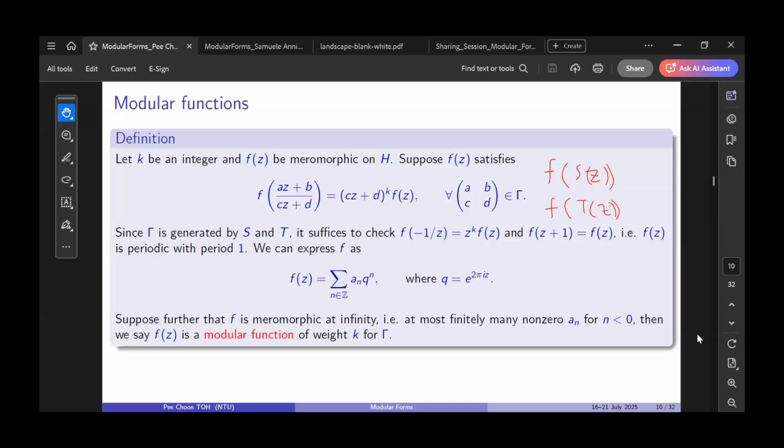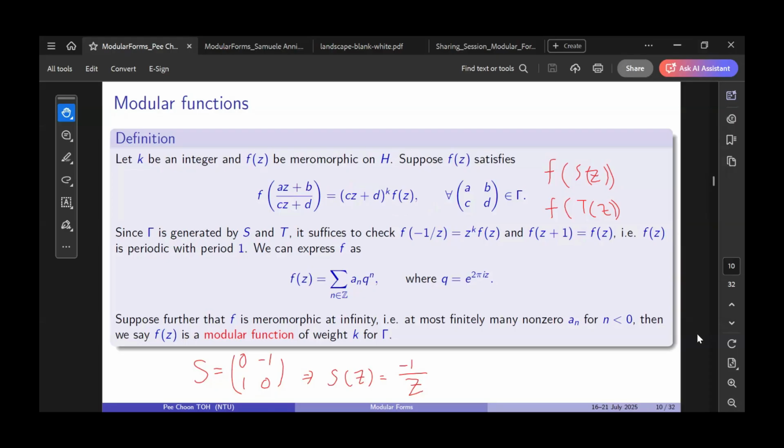Okay, so S is this, right? S is the matrix 0, minus 1, 1, 0. This means that Sz is minus 1 per z. We just need to prove that f(minus 1 per z) is equal to, because c is 1 and d is 0, z to the power of k times